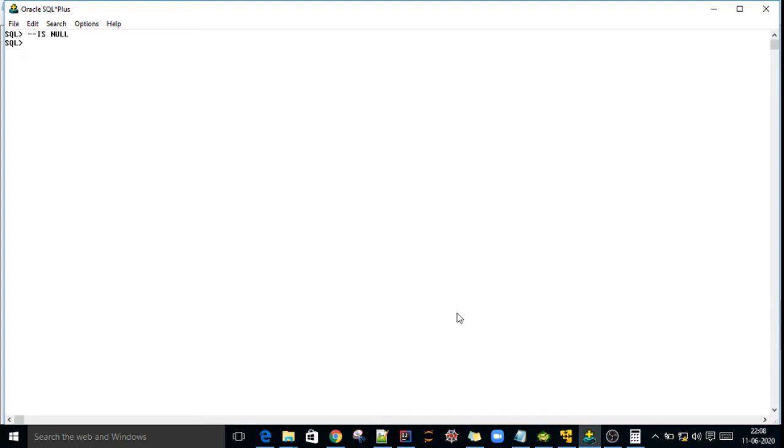Where a table column is null, if you want to compare such a scenario, that time directly use IS NULL. For example, select star from EMP where manager is null.